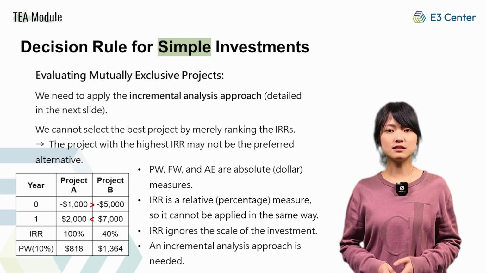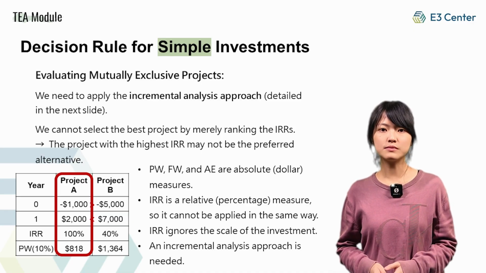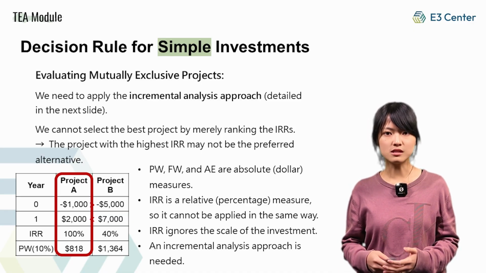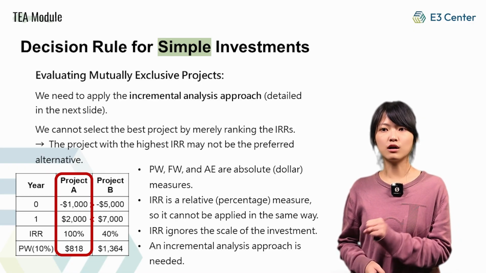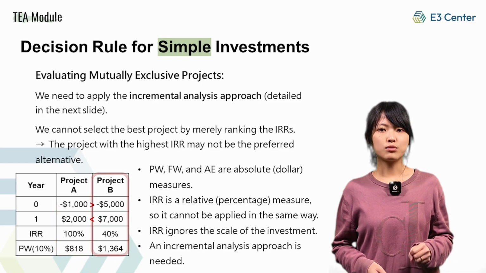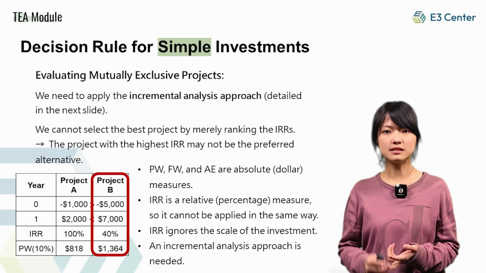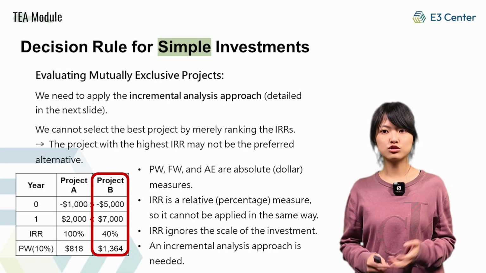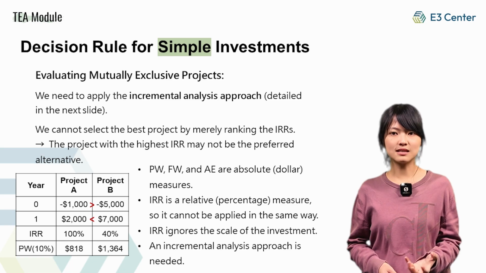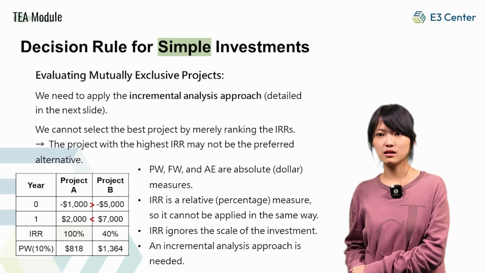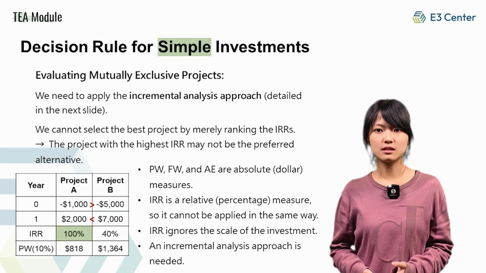For example, consider two projects, A and B. Project A requires an initial investment of $1,000 and returns $2,000 after 1 year, resulting in an IRR of 100%. Project B, on the other hand, involves a $5,000 investment but yields $7,000, which translates to an IRR of 40%. If we were to decide based solely on IRR, Project A, 100%, would be the preferred choice due to the